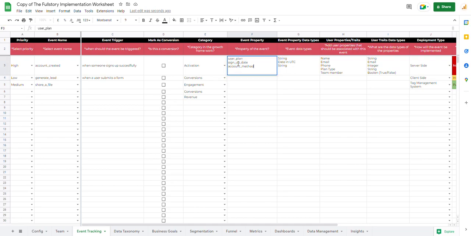Let's say, for example, this is just an event property, but at a normal time, these two would be user properties, including the name, email, phone type. There might just be the user property, right? So this is just for explanatory purposes, right? Then, let's say, for example, I'm pushing in the value here,